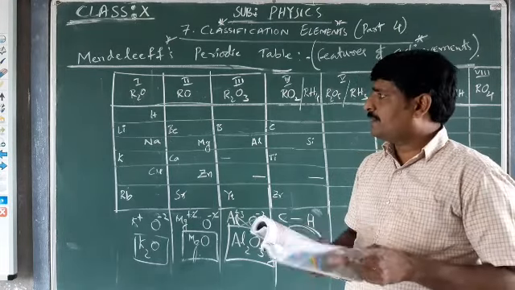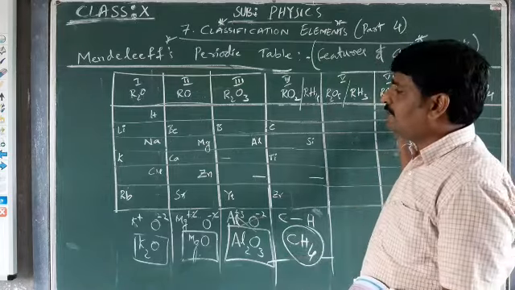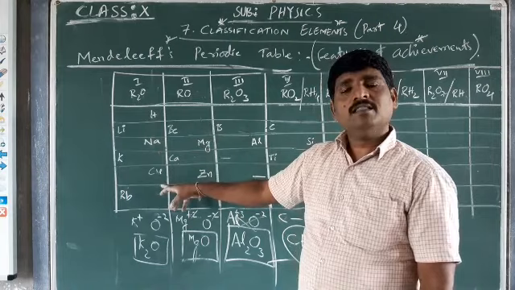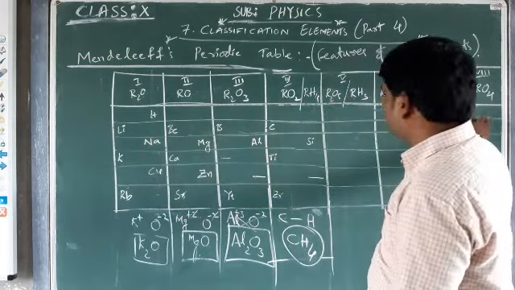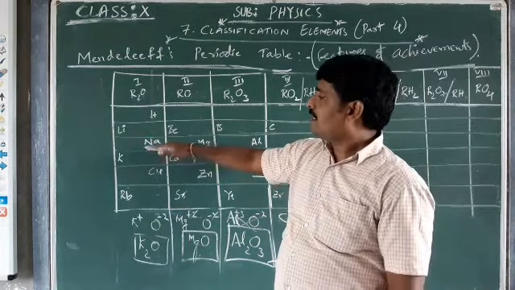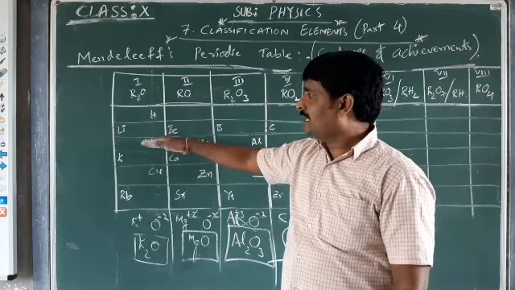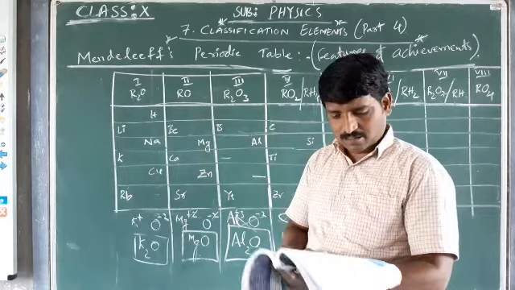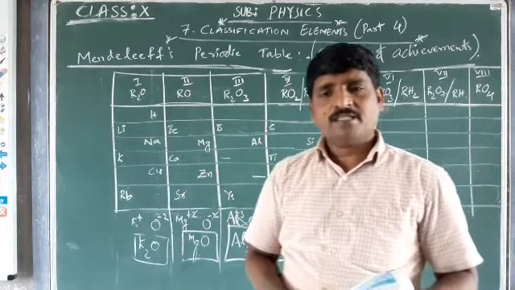After completion of a period there will be repetition, where the element is going to fall in the same group. One period has been completed. Next, after completion of that, the element taken into the next period will fall in a group with similar properties. Now, predicting the properties of missing elements.